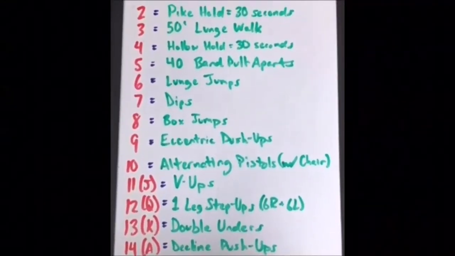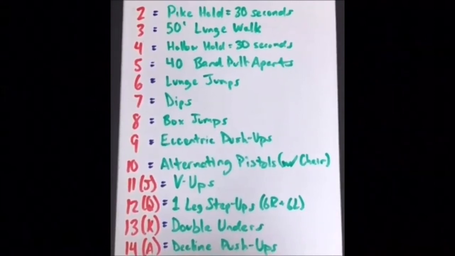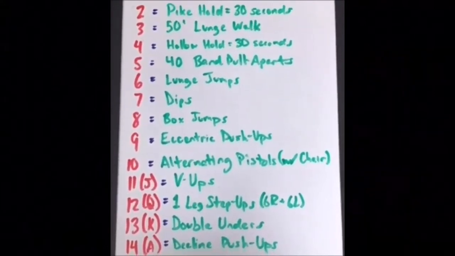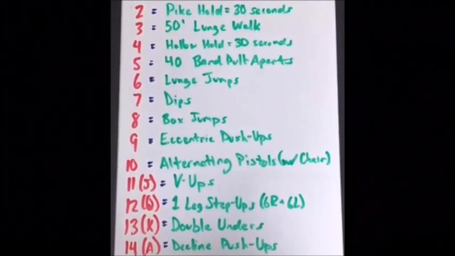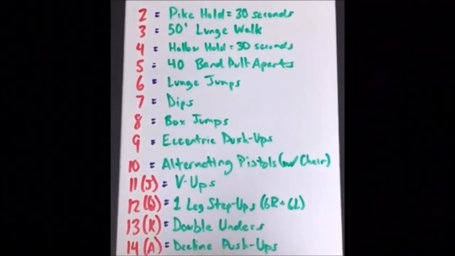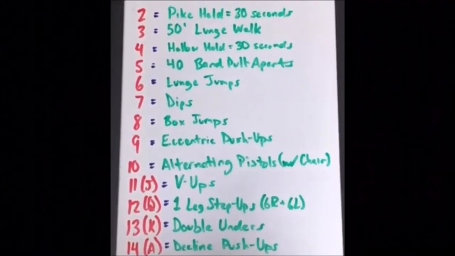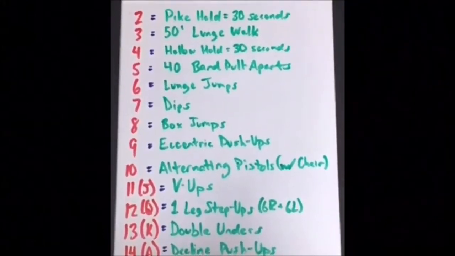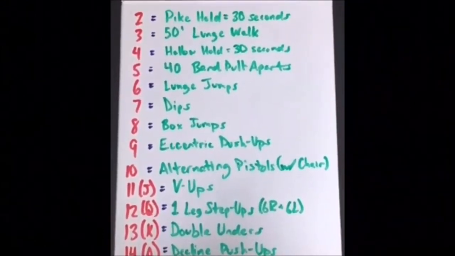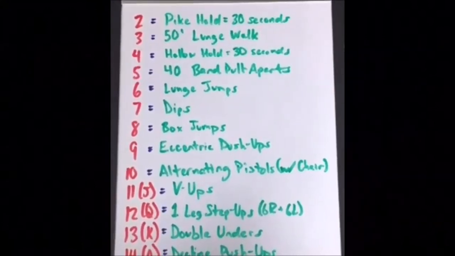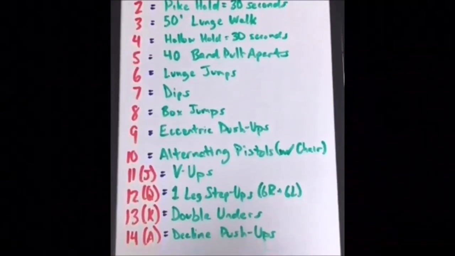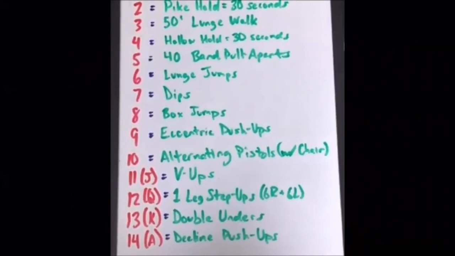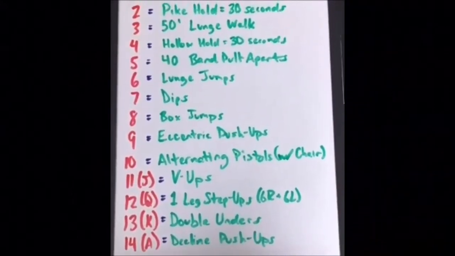For me today, I'm going to go with the example on the right, where you choose 13 different exercises and associate that with the number or the symbol. So I have for 2, pike hold, 3, 50-foot lunge walk, 4, hollow hold for 30 seconds, 5, 40 band pull aparts, 6, lunge jumps, 7 dips, 8 box jumps, 9 eccentric push-ups, 10 alternating pistols with